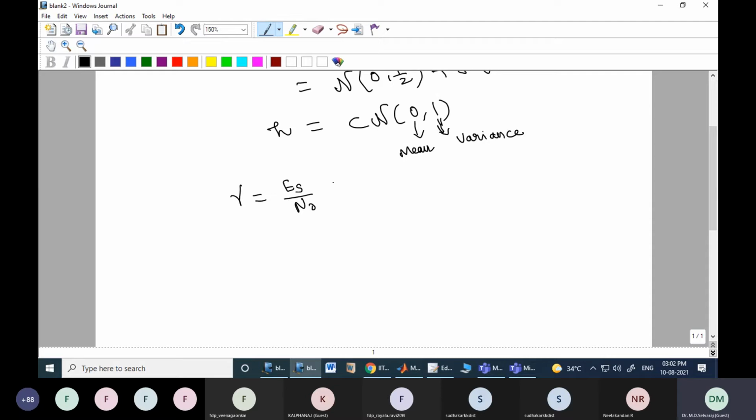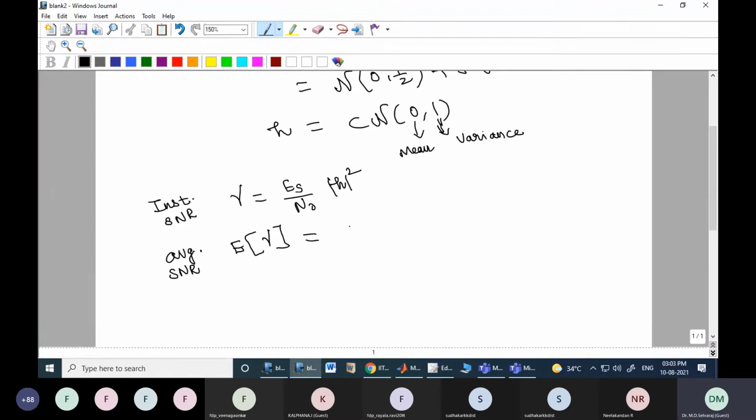Now for the noise variance, how do I set it? Mod of H square, right? So I'm just taking what is the average SNR. This is an instantaneous SNR. But my loop is running on the average SNR. From the average SNR, how do we get the instantaneous SNR now? So gamma is an exponentially distributed random variable. I already told you. So I'm just taking the expectation of gamma.